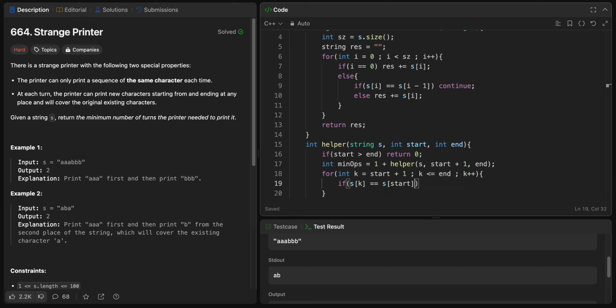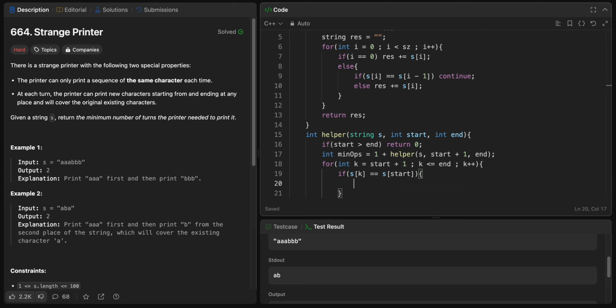If s of k equals s of start, then my min ops will be the minimum of the operations that need to be performed, and helper of,